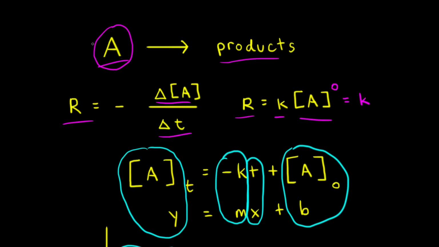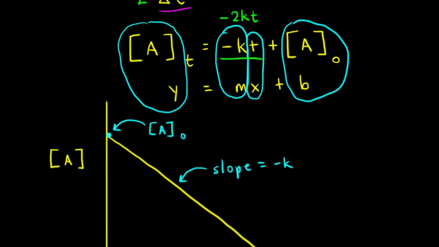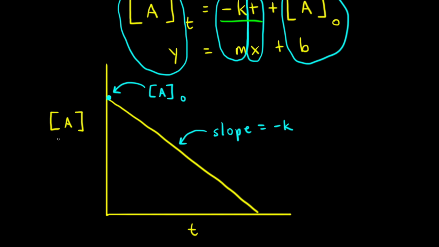Everything we've talked about assumes that there's a coefficient of 1 in front of the concentration of A. However, let's say we have a coefficient of 2 in front of A in our balanced equation. That means we need a stoichiometric coefficient of 1/2, which changes the math. Now, instead of getting negative kt, we would get negative 2kt after we integrate, which means that the slope of the line, when we graph the concentration of A versus time,